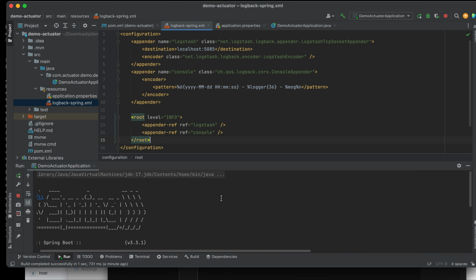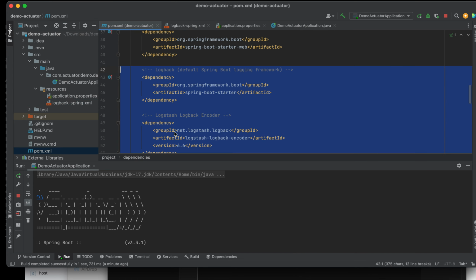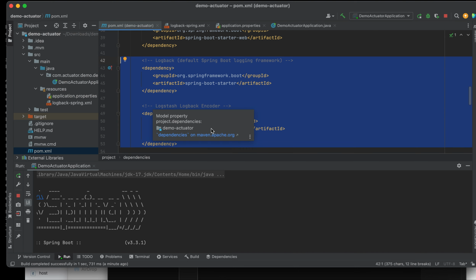Okay, so as I mentioned, in our application we only need two things. One is the dependency, these two libraries, logback encoder, logstash logback encoder. This one is because we're using Spring Boot, so we also need this default Spring Boot library.